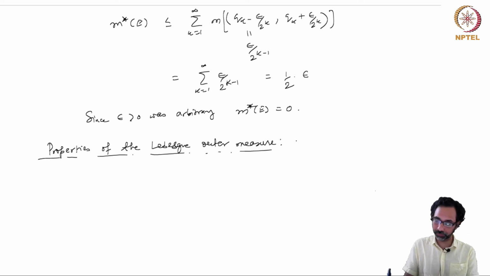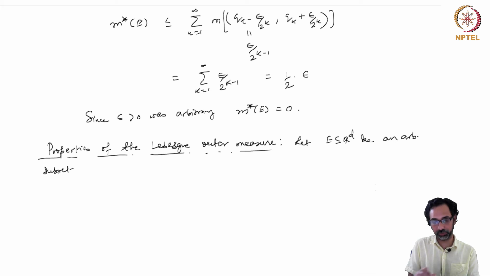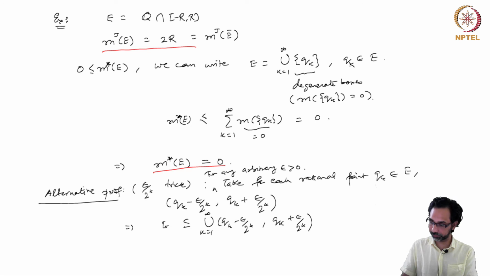So let E be an arbitrary subset. Here there is another advantage: E can be unbounded. For the Jordan outer and inner measures, we restricted ourselves to bounded subsets of R^d, but here our subsets can be arbitrary. Another thing I should mention is that the Lebesgue outer measure